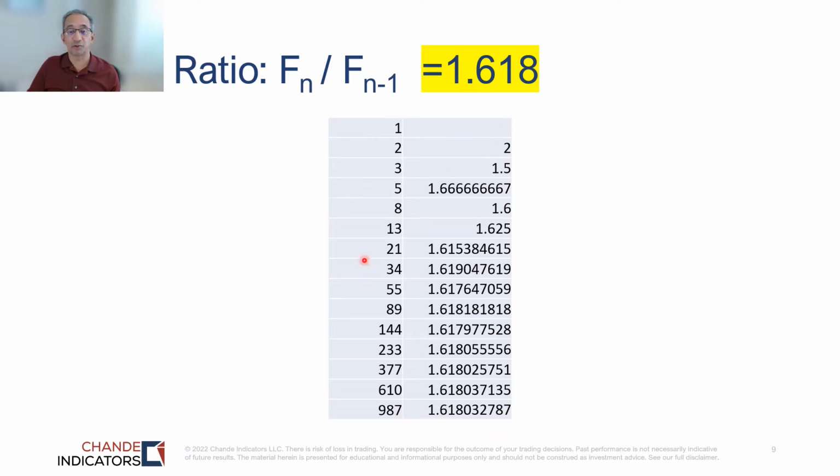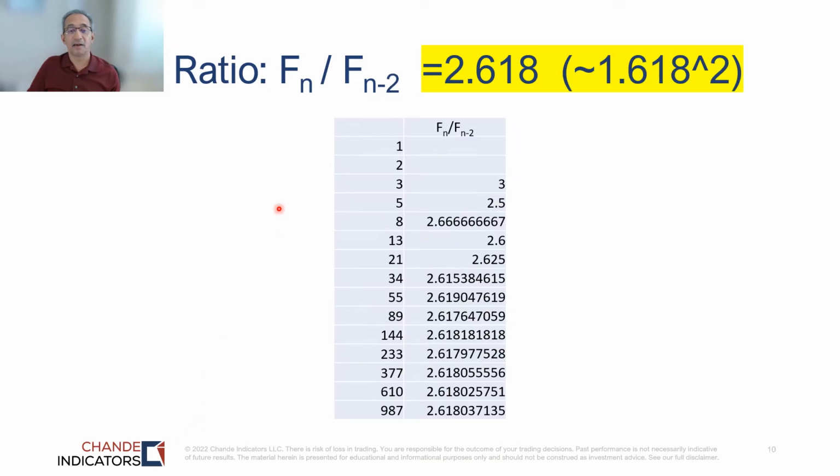So that's another ratio we'll use. And then if you take the ratio of Fn divided by Fn minus 2, you get a stabilization at 2.618. So 3 divided by 1 is 3, and then 5 divided by 2 is 2.5, and all the way down to 2.618. So this is another